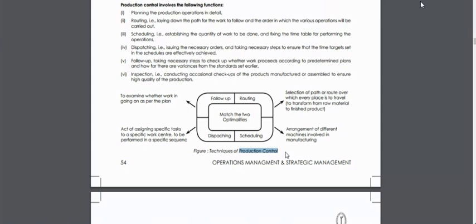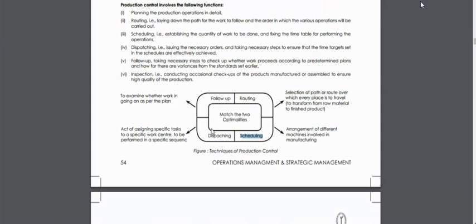After I have planned how much production I want, I need to route this production. Routing means I need to design a path, whether it should be stored in a warehouse or transformed from raw material into a finished good. Then I schedule my production. Scheduling production means when should I start my production, and how much time would I require to complete it?